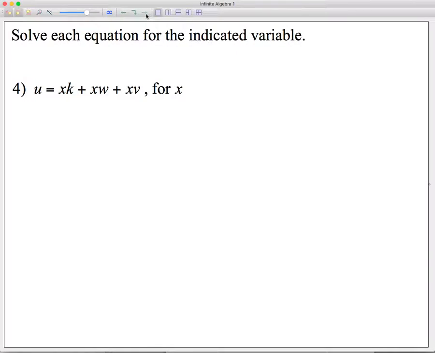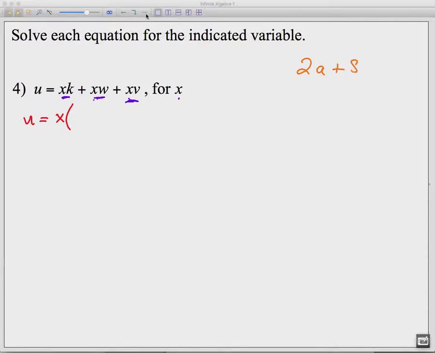Here's my next one. So we had to solve this for x. We have x in each of these terms. So if we look at that as, hey, we're multiplying each of those terms by x, if I factor out an x, which can be confusing to a lot of people, okay? I'll explain it this way. What if we had